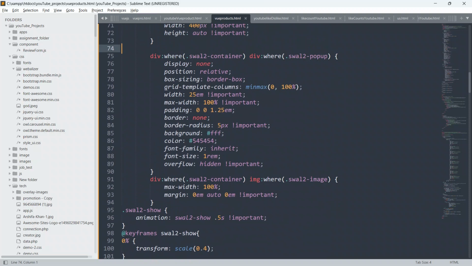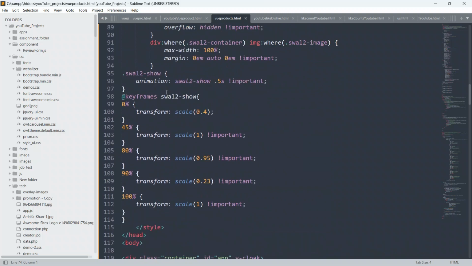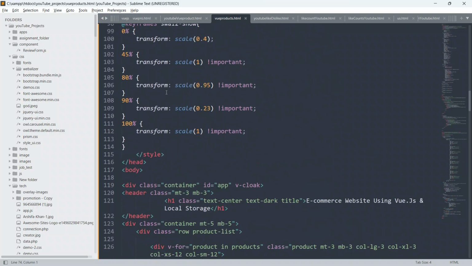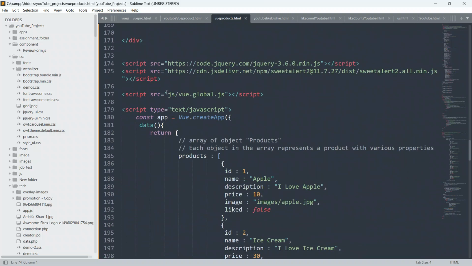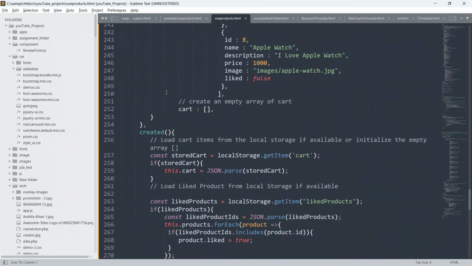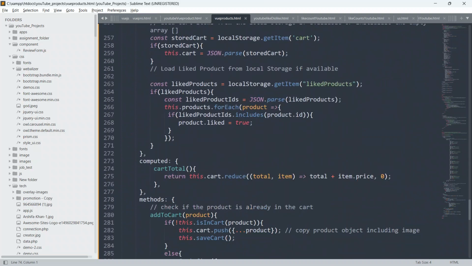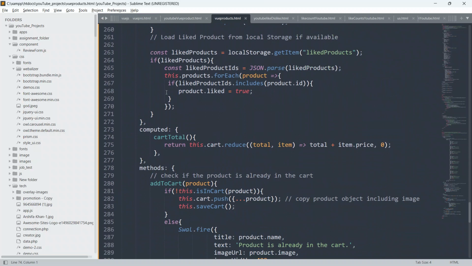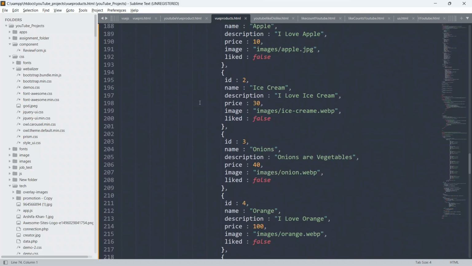I have explained all the things from the Vue.js script. My motto was to give in-depth details on Vue.js only, so CSS is not necessary here, but I also explained CSS here.